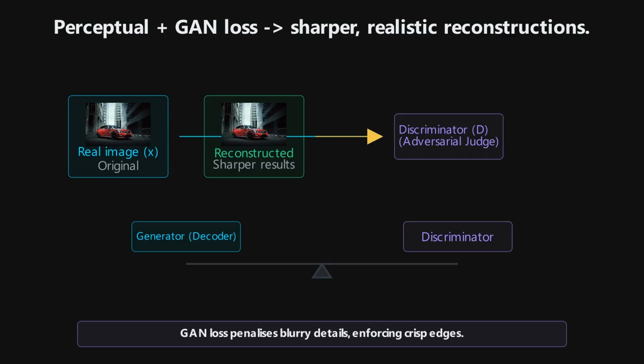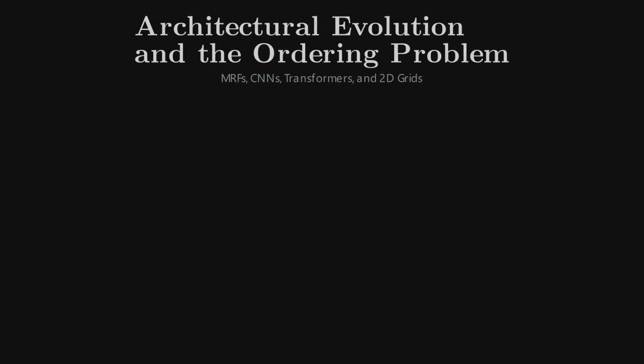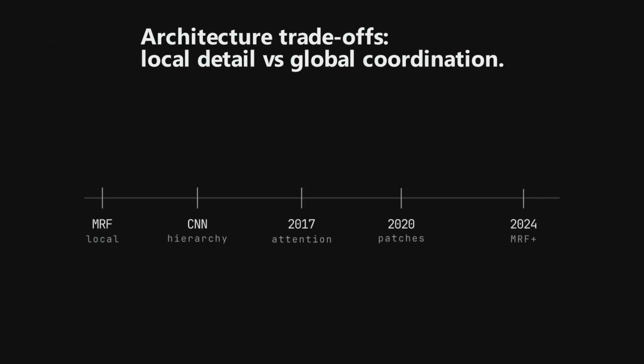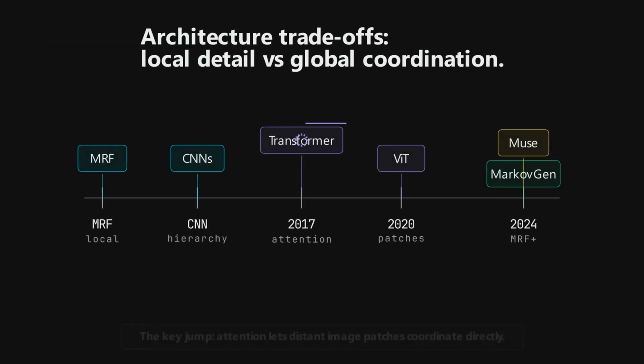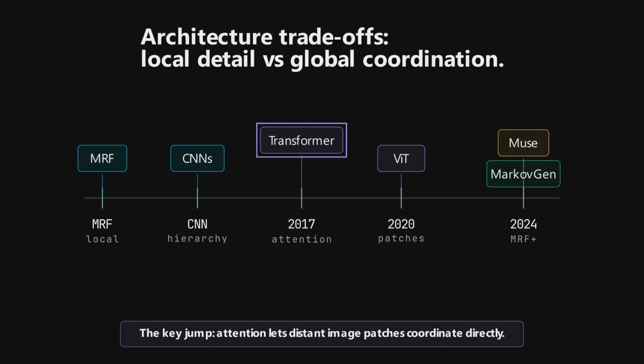The result is a major turning point. An image is no longer just a giant wall of pixels. It becomes a compact sequence of visual tokens. And once images become tokens, we can hand them to one of the most powerful machines in modern AI. Transformers. Now that images have become tokens, we face a new problem. Who is going to model the relationships between them?